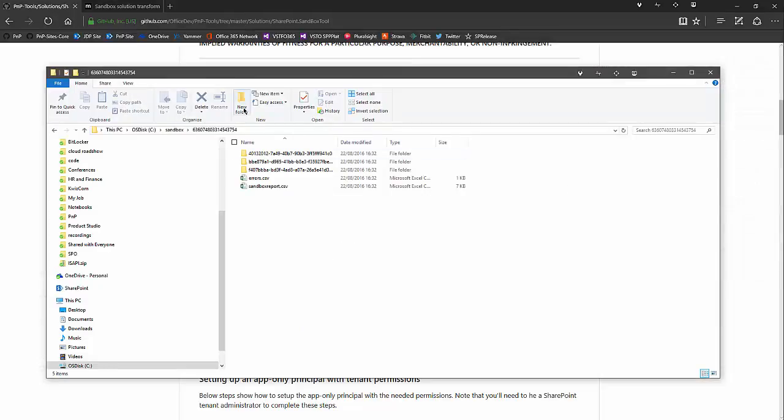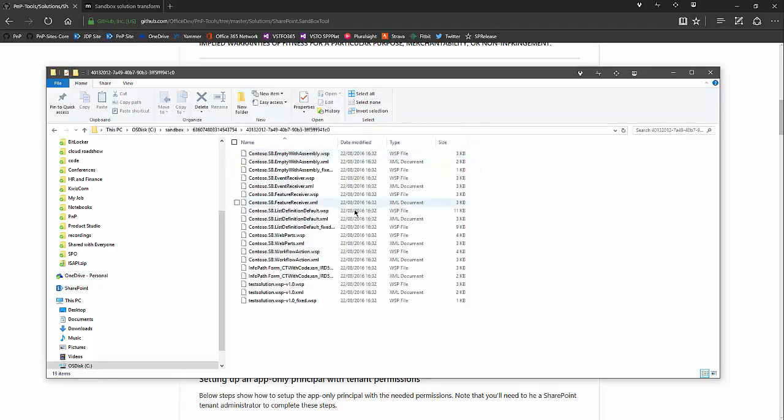Now let's switch back to the folder. As already mentioned in the report, there is a subfolder per site collection which contains a Sandbox solution having an assembly, because we download those Sandbox solutions and we want to have a unique place to store them. So this folder name corresponds with the site collection ID. If we take the first one and have a peek inside,